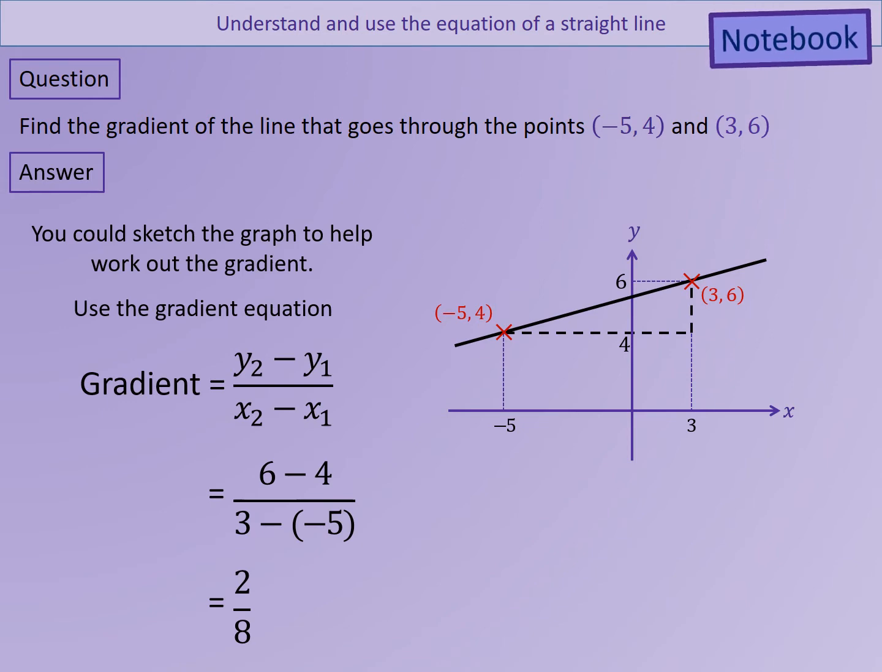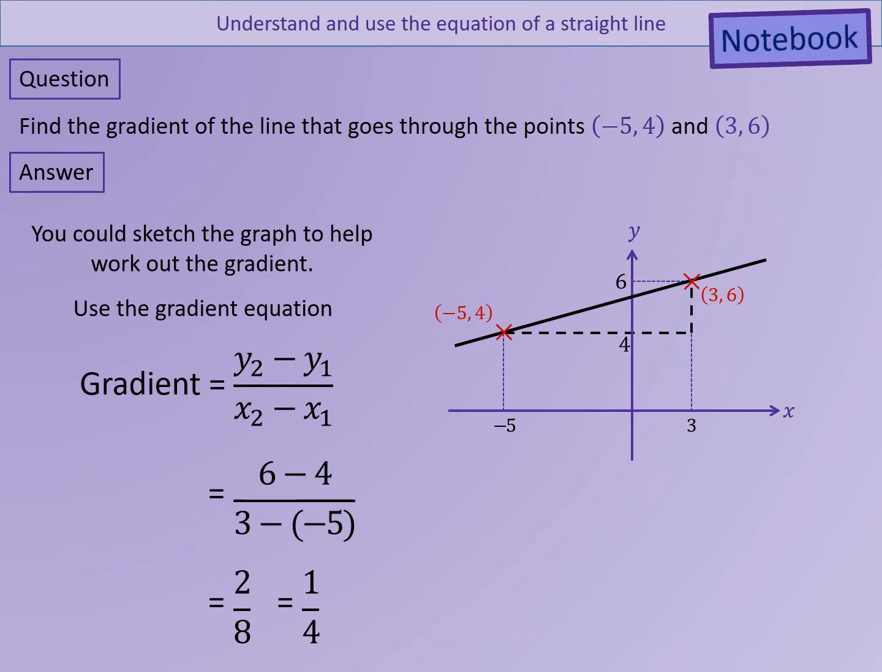And if I do the subtraction correctly, I end up with 2/8, which does simplify to 1/4. So by doing it this way, where I'm keeping the same order for my subtraction, I don't have to worry about whether the gradient is positive or negative, because that is determined in my final answer. So you can see here I've ended up with a positive answer,